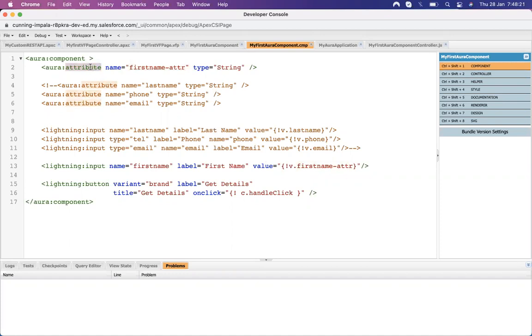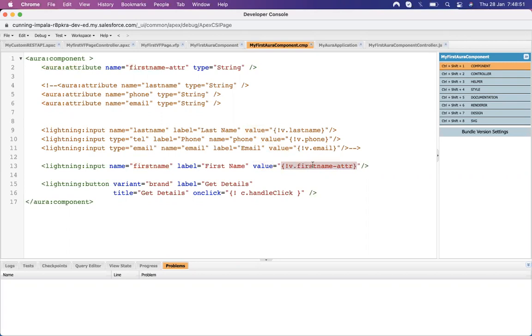Since this attribute is holding that value, I can use that attribute at any place to capture that value. It holds the value of this input box. Whatever the user enters is held in this attribute, because I bound it via this syntax.